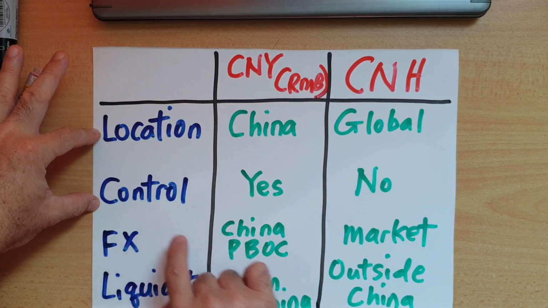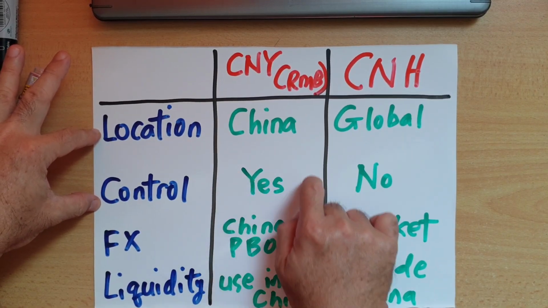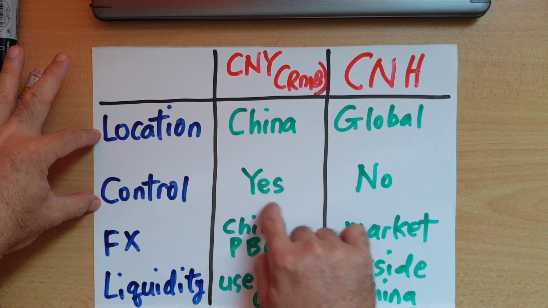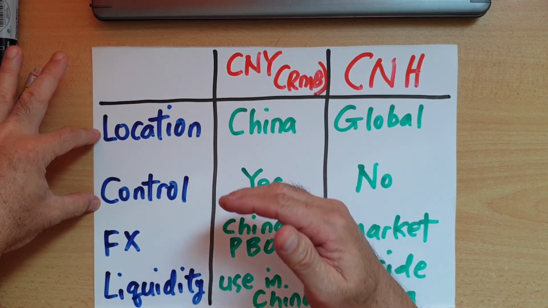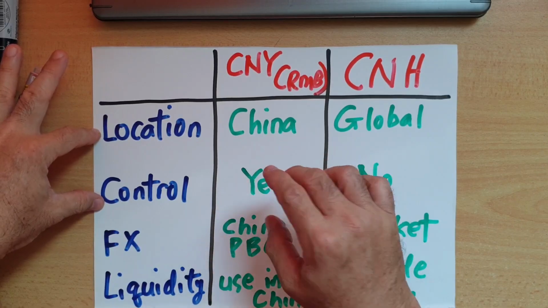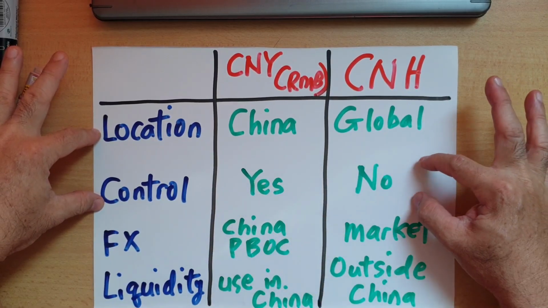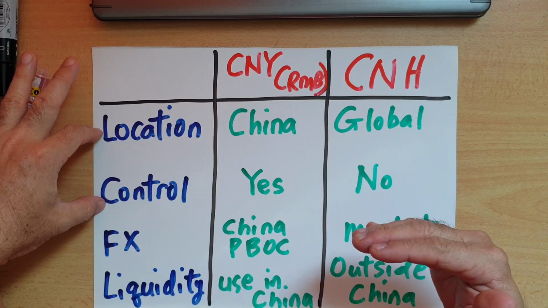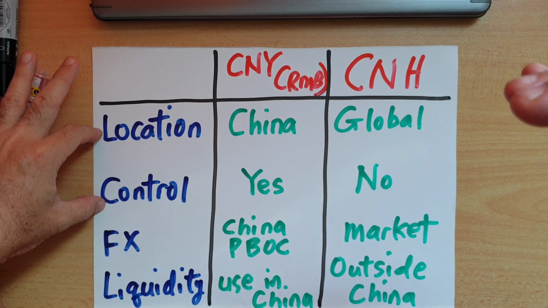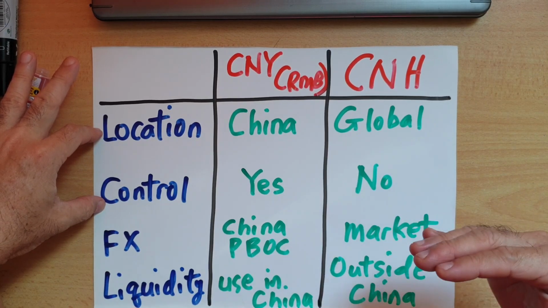And control, now in the local renminbi, they are being controlled by the Chinese government. So they actually manage them. They supervise, they make sure that the circulation, they also ensure liquidity in the market. But for the global one, the control is done by global demand and supply. So when there's higher demand than supply, you can see the rate going up. You can see if there's less demand than supply, the rate will drop.